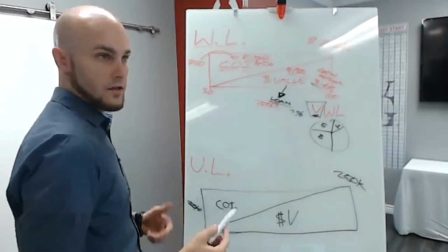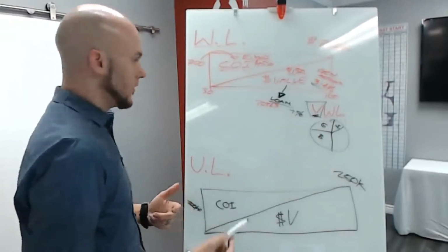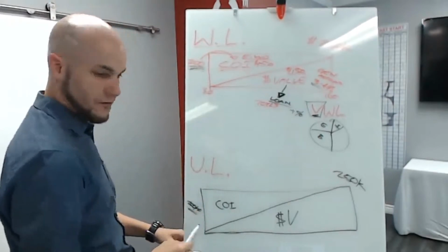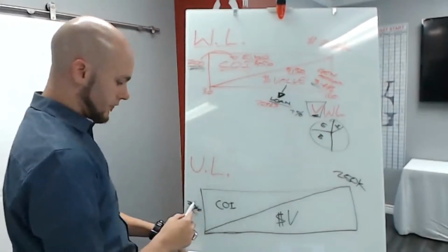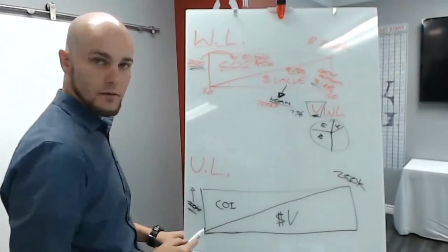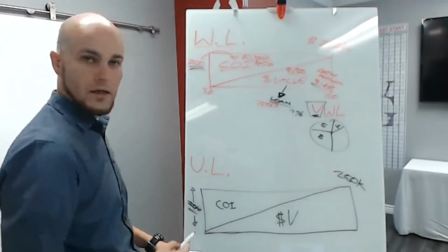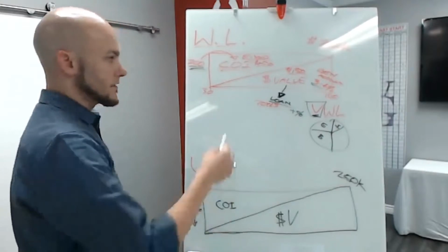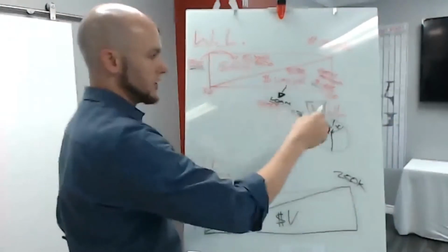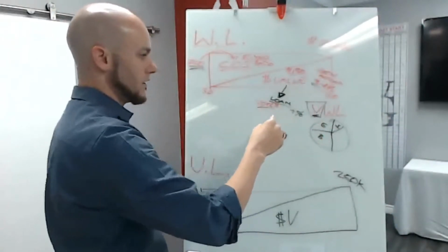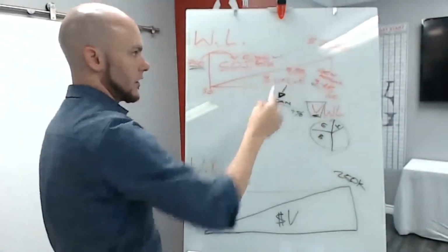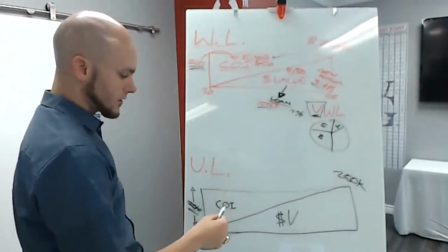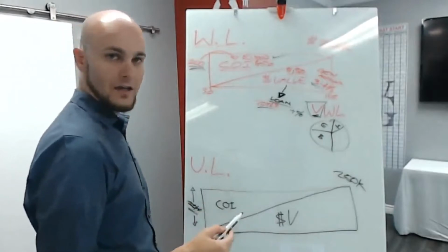One of the reasons that the universal life policy was created was that this is a fixed payment. This gave people some flexibility. In universal life, there's going to be a maximum premium that someone can pay, and a minimum premium that people can pay to keep the policy going. And instead of doing a calculation and dividing it by however many years to get an average and charging a fixed cost of insurance, in a traditional universal life policy, the cost of insurance is based on something called annual